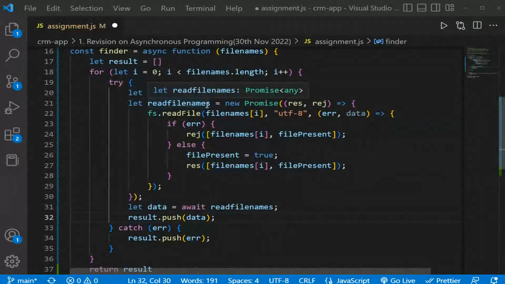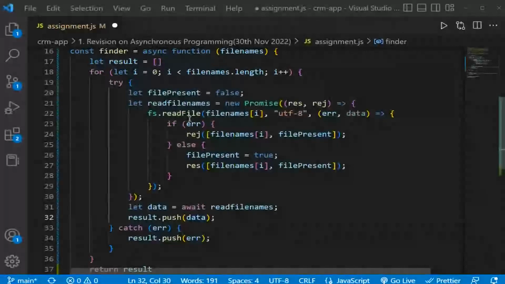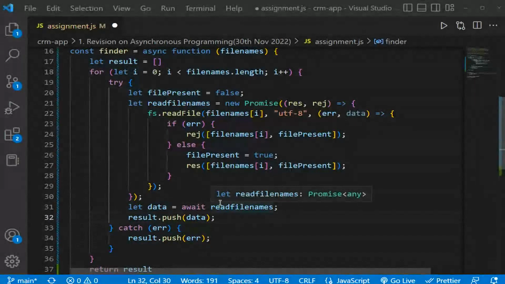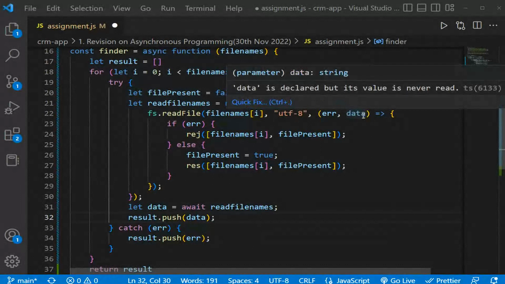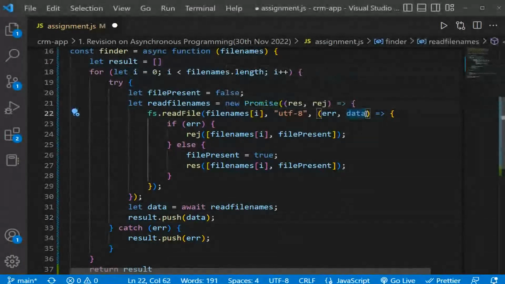File names is a promise that is going to read this file. That is, this is okay. Data is not used.